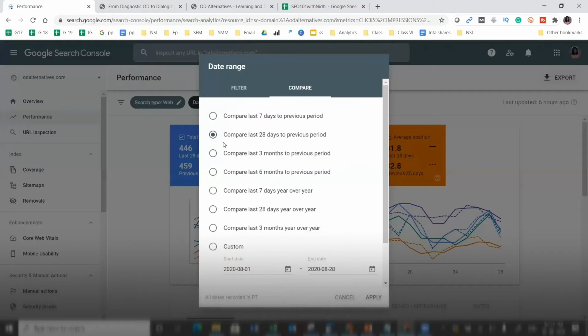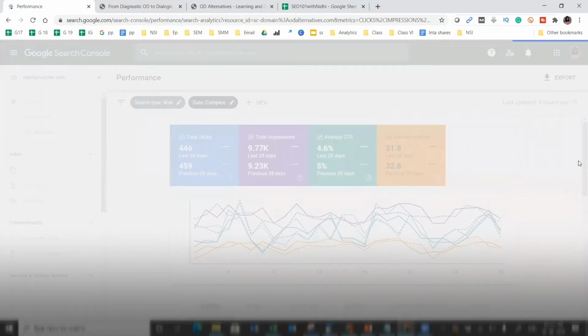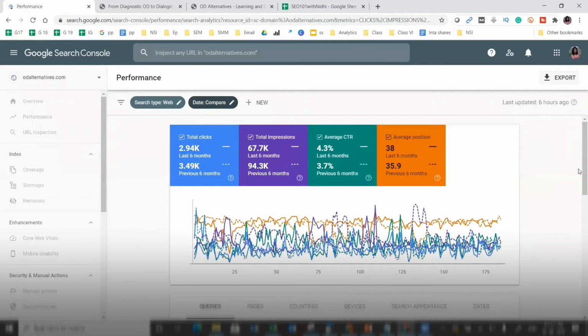Okay, and if I want to compare this data for the last 6 months, so suppose my boss asks for performance of the last 6 months, I will select it for the last 6 months. Now I can see that the data gap is significantly increasing. In the previous 6 months, I was getting about 94,000.